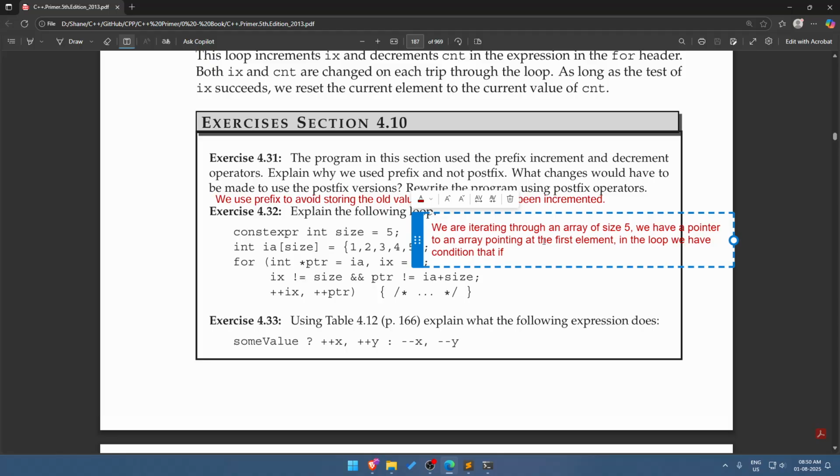Order of evaluation. We're iterating through an array of size 5. We have a pointer to an array pointing at the first element. In the loop we have a condition that if the pointer points,